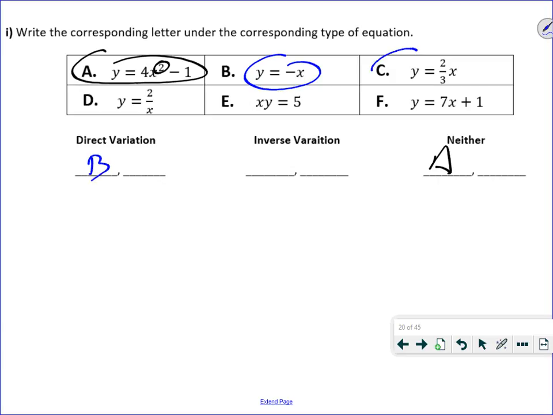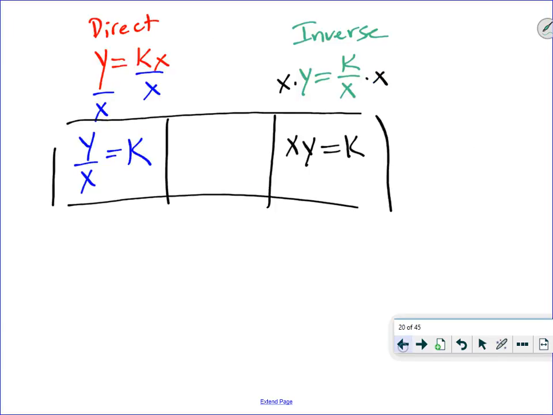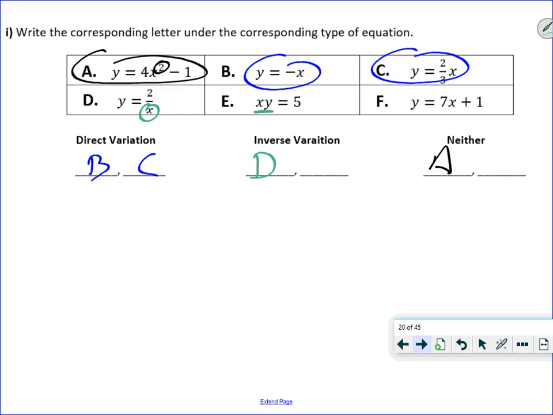Y equals 2/3 x, that's still direct variation. Here, we see the x in the denominator, so that's obviously inverse. And here we see that x times y, which is what we saw right here. So that's E. This last one, this +1, means it has a y-intercept of 1. It doesn't go through the origin. And so that's